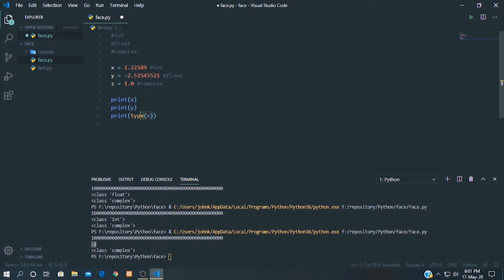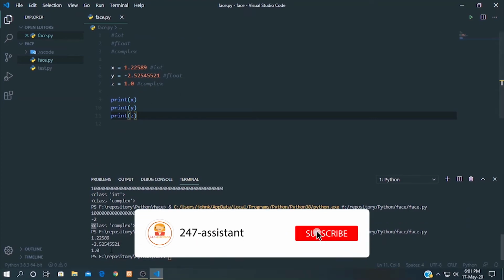So let's print this. 1.22589, minus 2.525, and 1.0. So it's working fine.